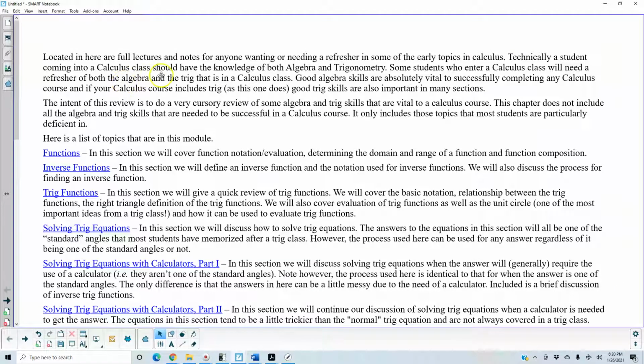Located in here are full lectures and notes for anyone wanting or needing a refresher in some of the early topics in calculus. Technically, a student coming into calculus should have the knowledge of both algebra and trigonometry. Some students who enter a calculus class will need a refresher of both the algebra and the trig that is in the calculus class. Good algebra skills are absolutely vital to successfully completing any calculus course,